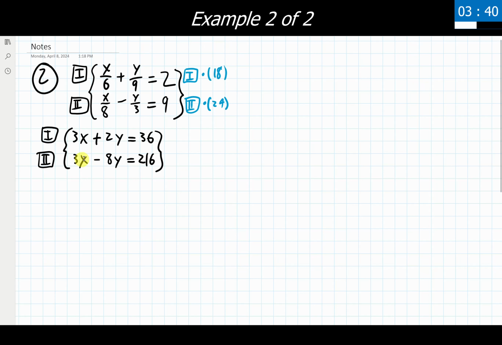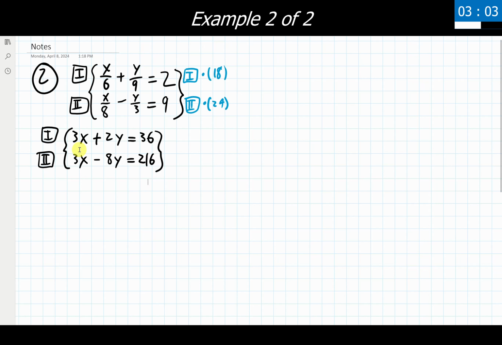Now, in the last example, I eliminated the y variables because they had alternate signs here. One's a positive, one's a negative. I don't need to deal with sign changes by changing these numbers, and you are more than welcome to do that here. For the sake of showing a different route that you could take, I'm going to instead eliminate the x variables. I'm noticing that the numbers are the same, which is half of the additive inverse, but I need to make sure that the signs are opposite of one another. So I need to make one of these negative.